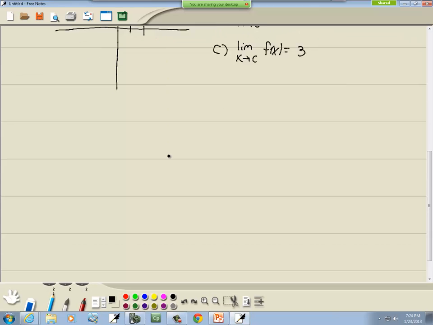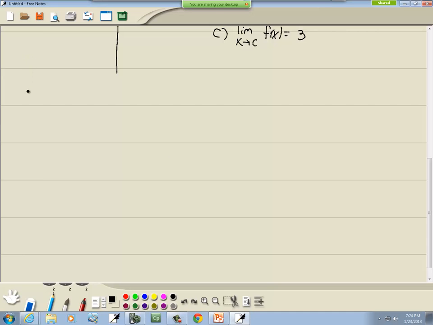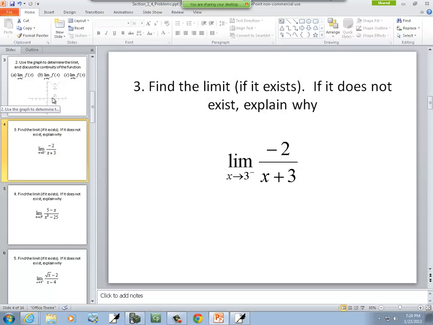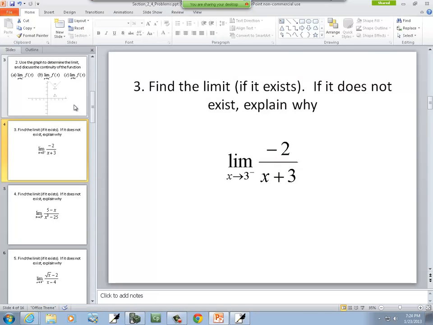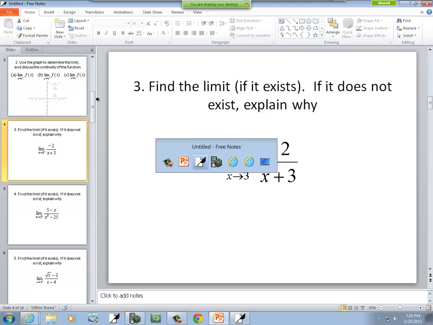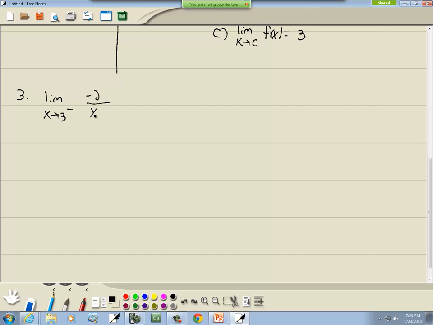Okay, let's take a look at this problem. Got the limit as x approaches 3 from the left side of negative 2 over x plus 3. Well, if you can just plug in this number, go ahead and do that. And this one doesn't cause us any problems. So this would be negative 2 over 3 plus 3,